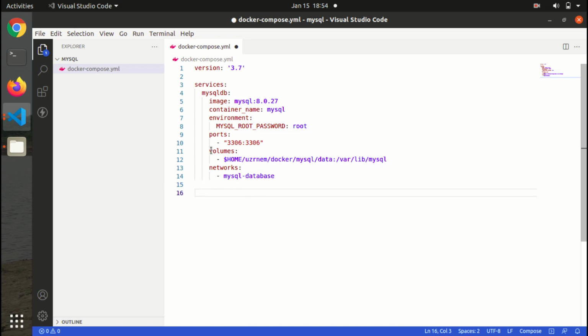Now we'll define the next service called phpMyAdmin. Image will be phpMyAdmin and version will be 5.1.1.